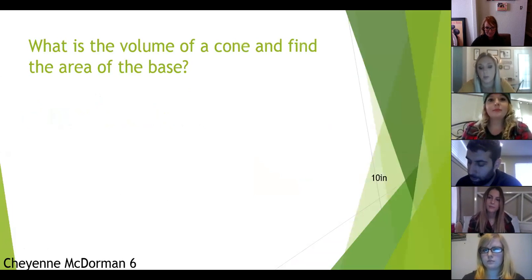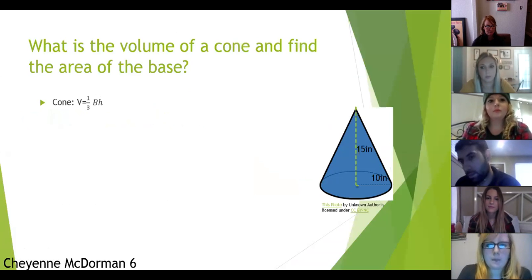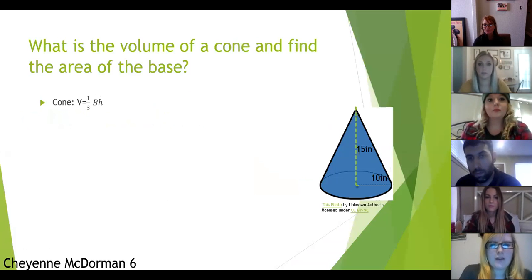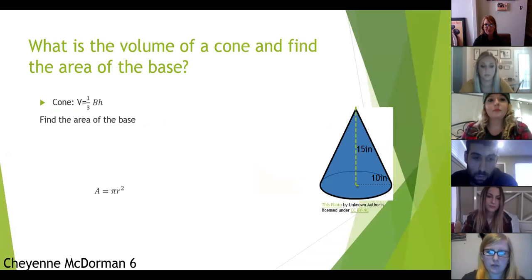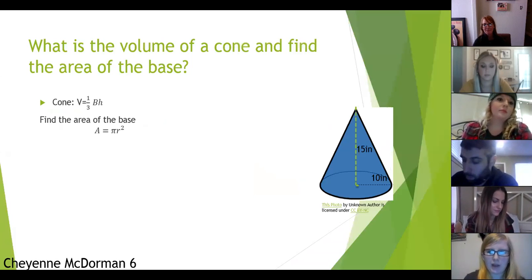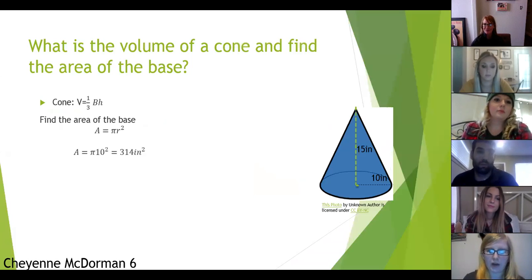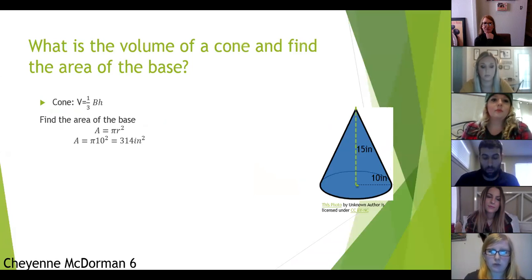Cheyenne, what is the volume of a cone, and can you find the area of the base? Well, to find the volume of a cone, we need to use the formula 1/3 times base times height. But first we need to find the area of the base. To find the area of the base, we need to look at the base as a circle. So we're going to use the formula pi r squared. So to plug in our numbers, we're going to do pi times 10 squared, which will give you